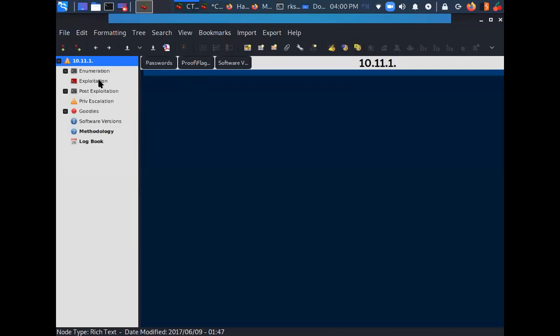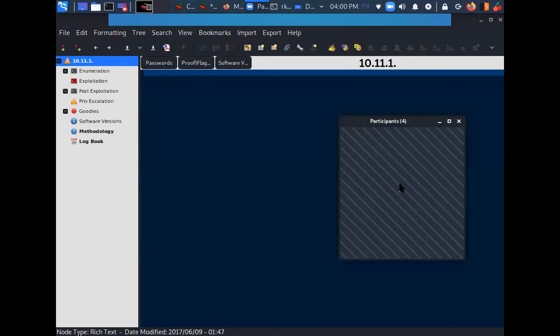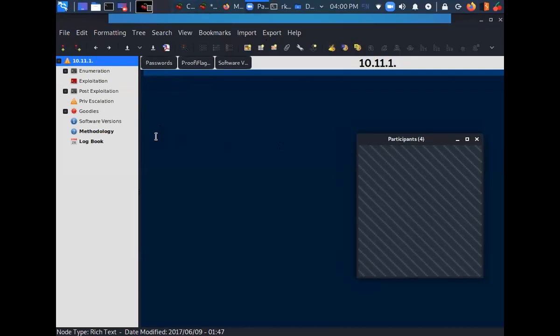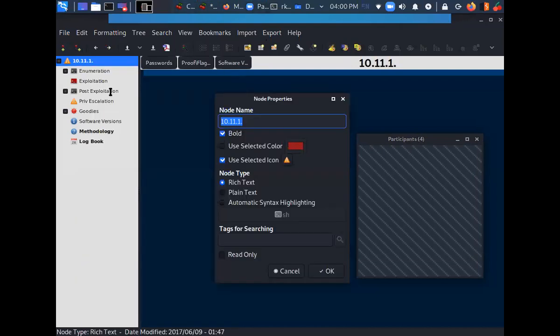Whenever you are tackling any machine out there, you can use this template to document your steps. Just change the node properties here, 10.10.10.40, this is my target, and name it Blue as well, Blue HTTP